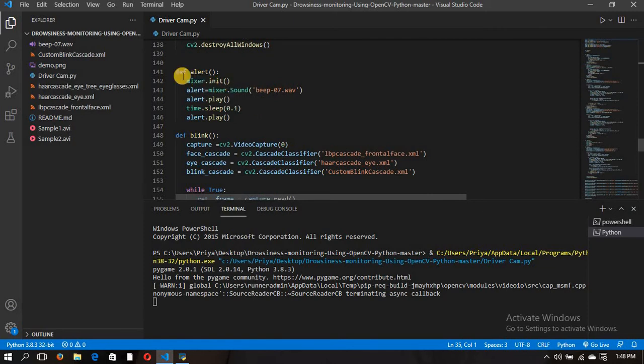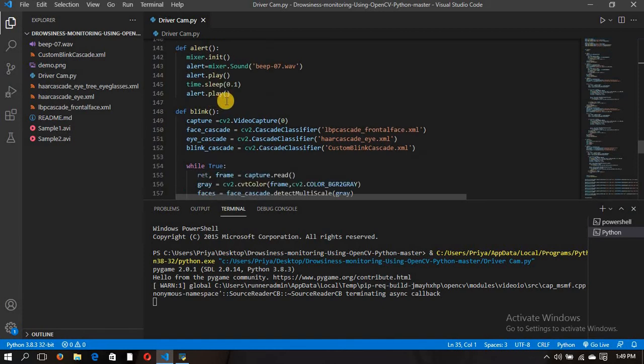Then we will come to our alert function. First we have to initialize the mixer using mixer.init. Then load the sound using mixer.Sound. This is our sound file, beep07.wav. Then start playing the sound using alert.play, so we play our audio file.